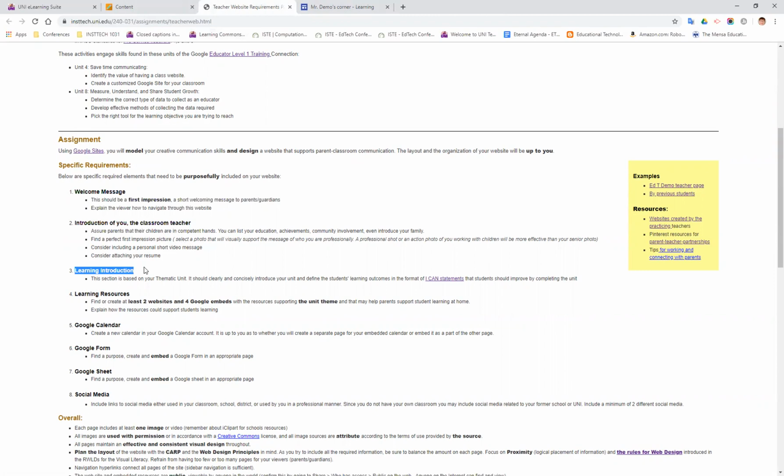Again, when I just pointed out that website, the learning introduction was to your thematic unit. Okay, and it will also define the students' learning outcomes in the form of I can statements. So you'll provide that. You've already created some I can statements. If you worked with other elementary teachers, you probably each for your different areas came up with I can statements. Maybe you waited on that until it got to the video phase, but feel free to share your I can